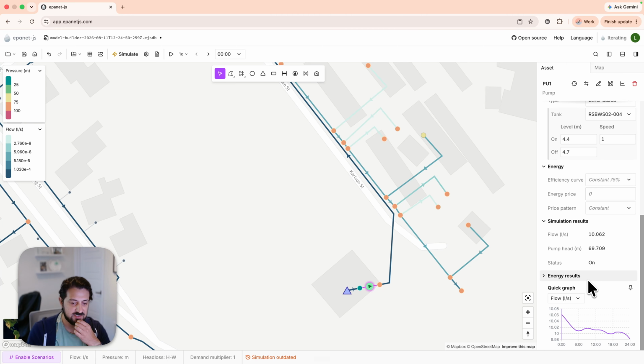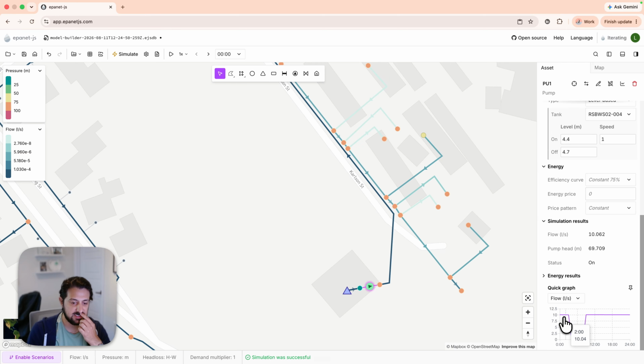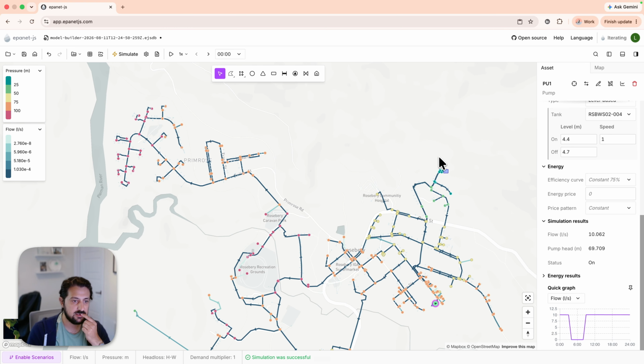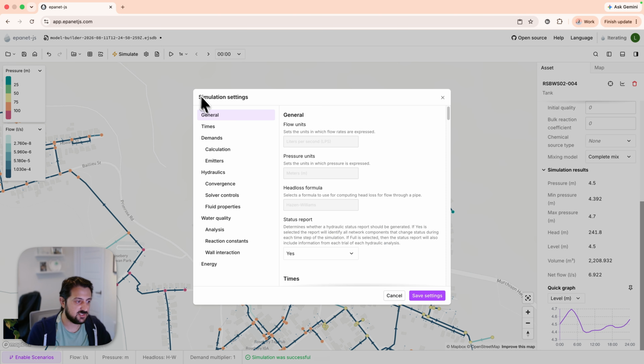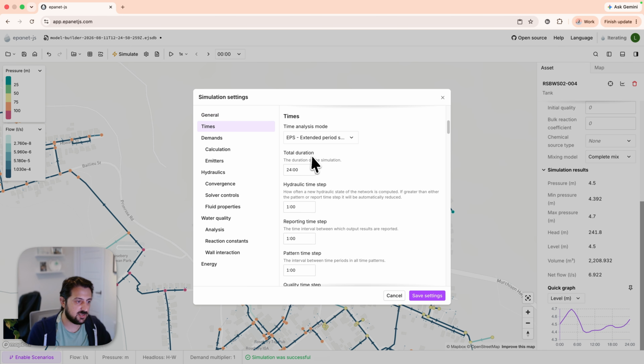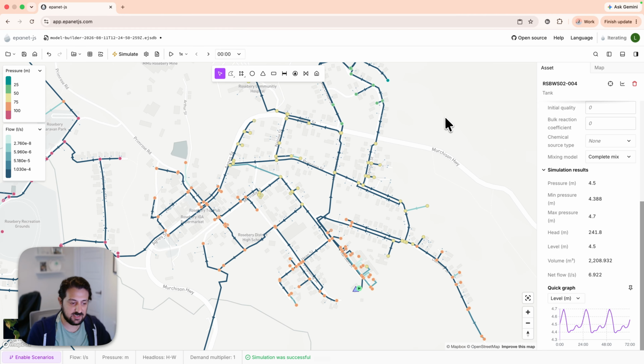And then if we run this now, we should see, yes, that the pump starts on, it turns off and then turns on. And then if we look at the tank, we should see that it comes on and off, right? It comes down and then we'll come back on. And say, for example, we run the simulation for slightly longer just to confirm that it is cycling nicely, we can do 3 days, save, run the simulation. So it'll come through and you can see the tank level is now cycling.